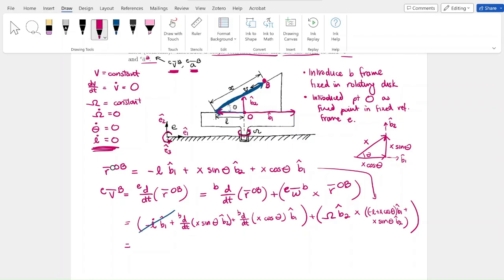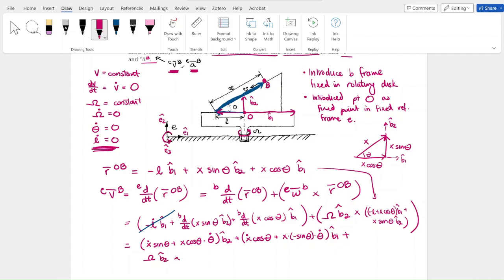Now let's take the derivative. So we know the product rule, right? So we have X dot sine theta plus X cosine theta times, we also have to use the chain rule because theta dot could be changing. You never know. So this is our expression for B2 hat, plus the same thing for B1 hat: X dot cosine theta plus X times negative sine theta times theta dot B1 hat, plus the